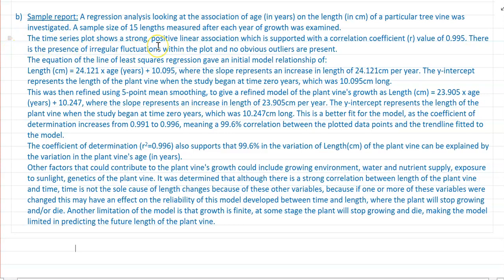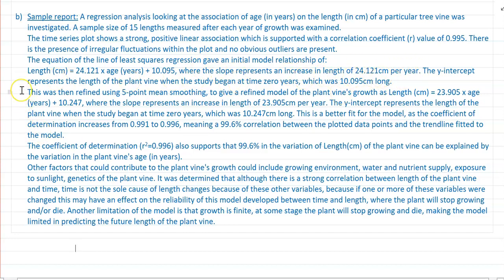There's the presence of irregular fluctuations in the plot and no obvious outliers. We can start by talking about the original equation of the least squares regression line, giving us our initial model, where the length of your plant vine is 24.121 times the age plus 10.095, and what the slope meant and